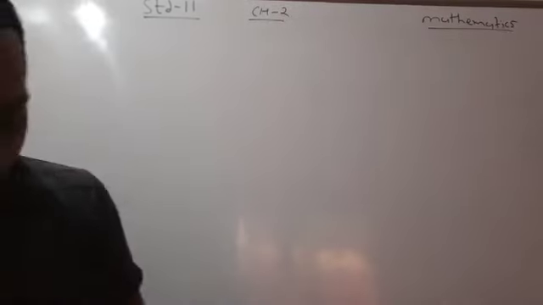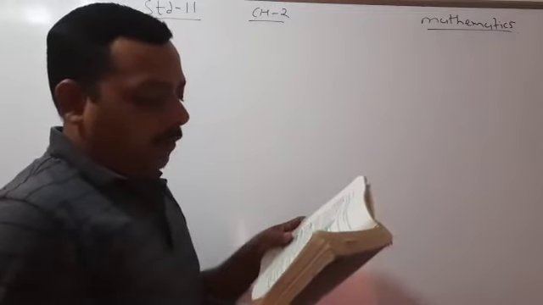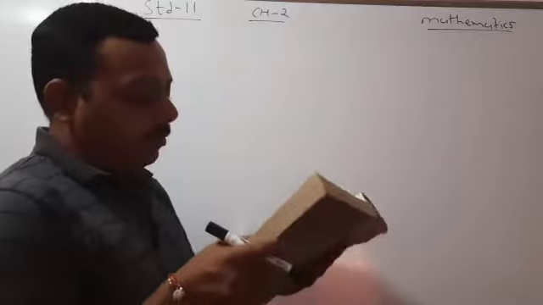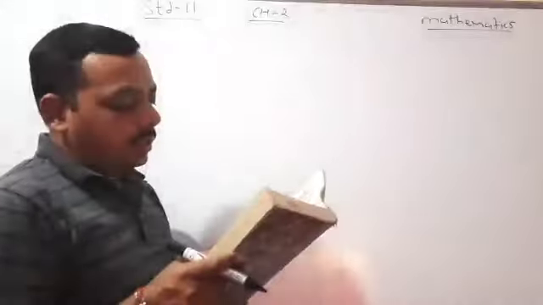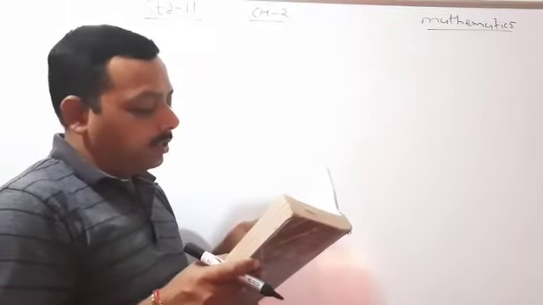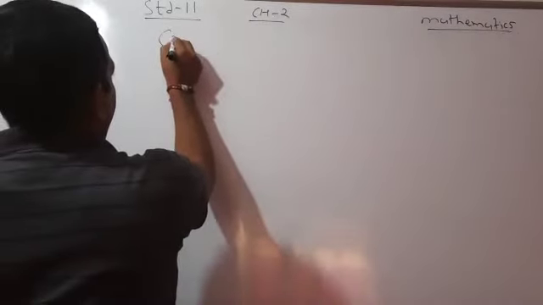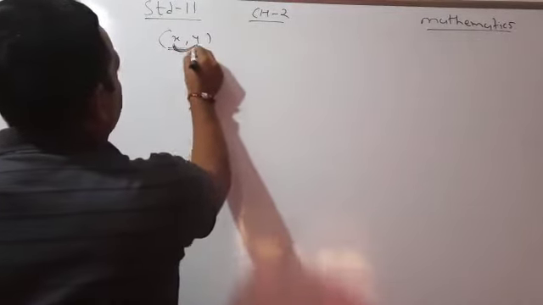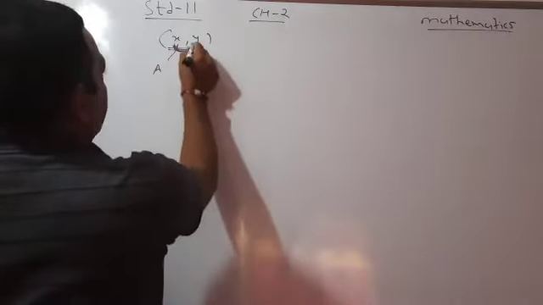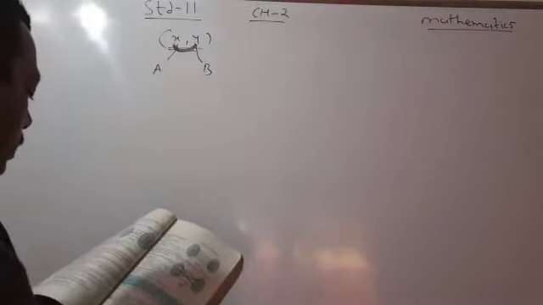Now students, we will start our new exercise 2.2, but before that we will discuss the concept of relation. In the textbook, definition 2 gives the relation. A relation R from a non-empty set A to a non-empty set B is a subset of the Cartesian product A cross B. The subset is derived by describing a relationship between the first element and the second element of the ordered pairs in A cross B. It means if we write one element here, say (x, y), then (x, y) is a relation, meaning this ordered pair presents a relation between x and y, where x is the element from set A and y is the element from set B.